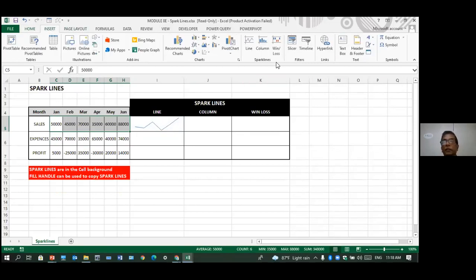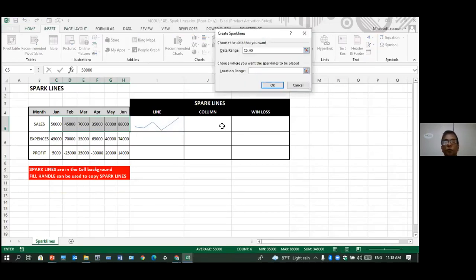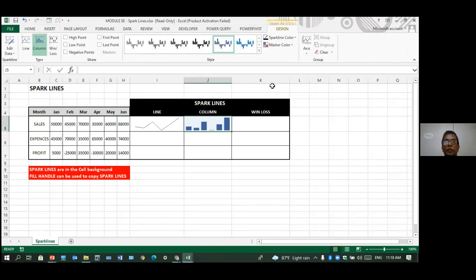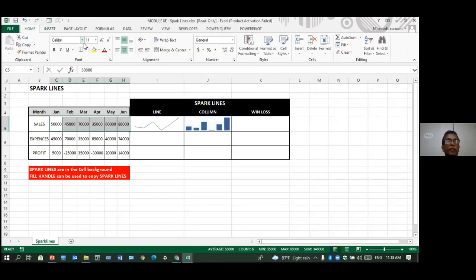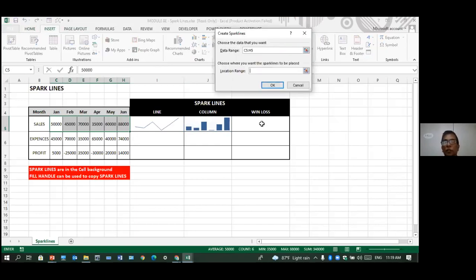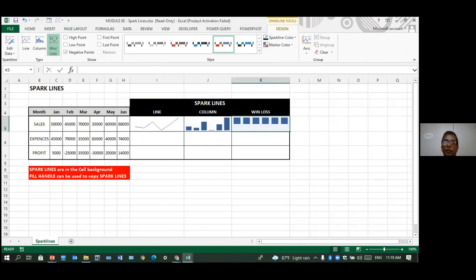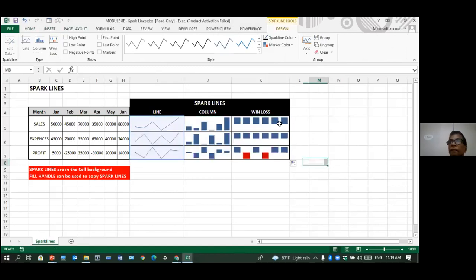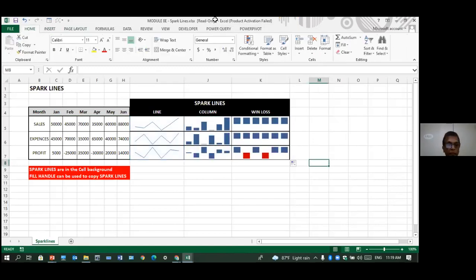Insert, I'll put the column. Output is here. Done. Select the same thing again. Insert Win/Loss. Where's the output? I want it here. Now select all three, double click on this, and it'll copy down. Drag it there. Okay.